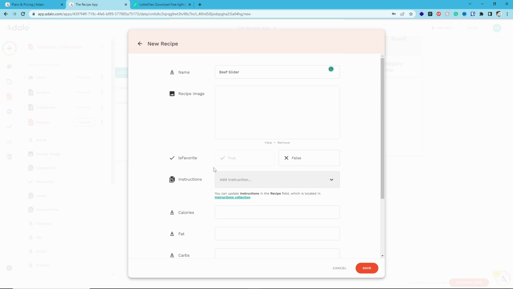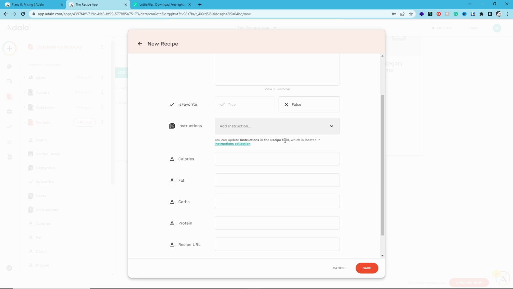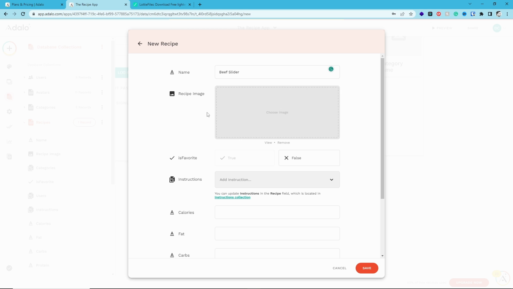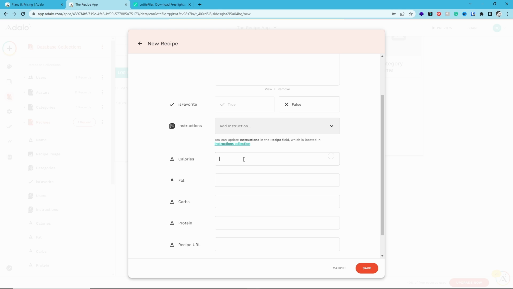So notice that the recipe is not showing up here just yet because it's not associated. It is a relationship to a category, but it has not been made yet. So the category tie is not there. So what we're going to do is come here. Let's say 1200 here. Fat is like 80 because there's 3 of them. I don't know. 60. We're just making these up, you guys. 45. And then,